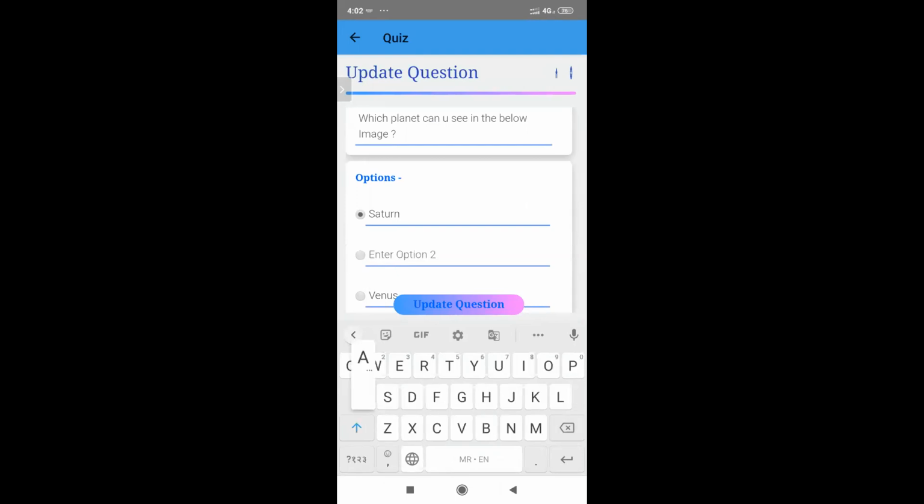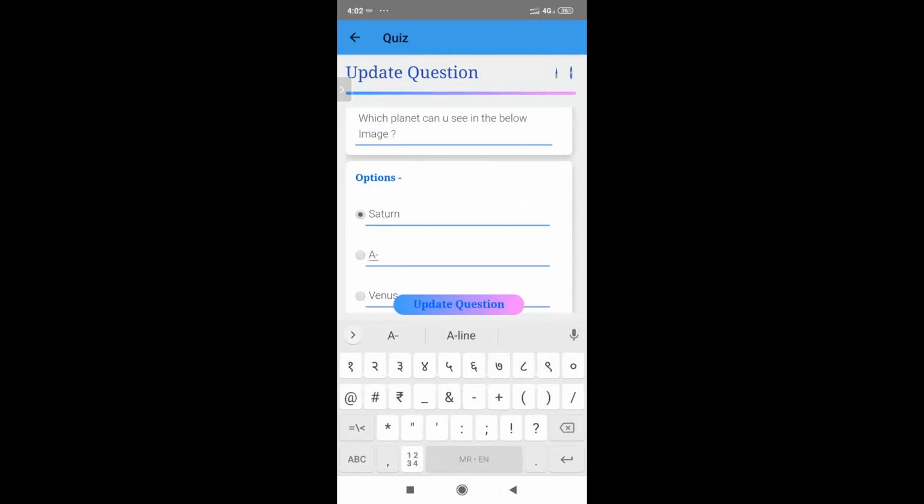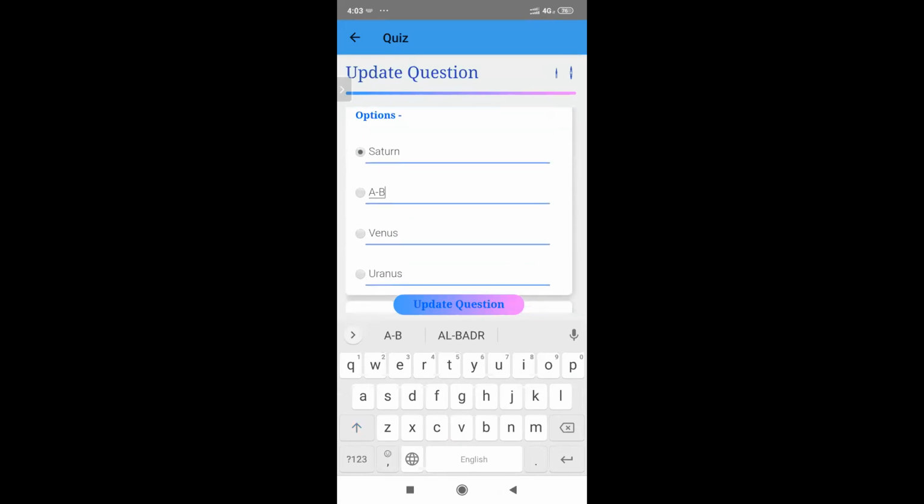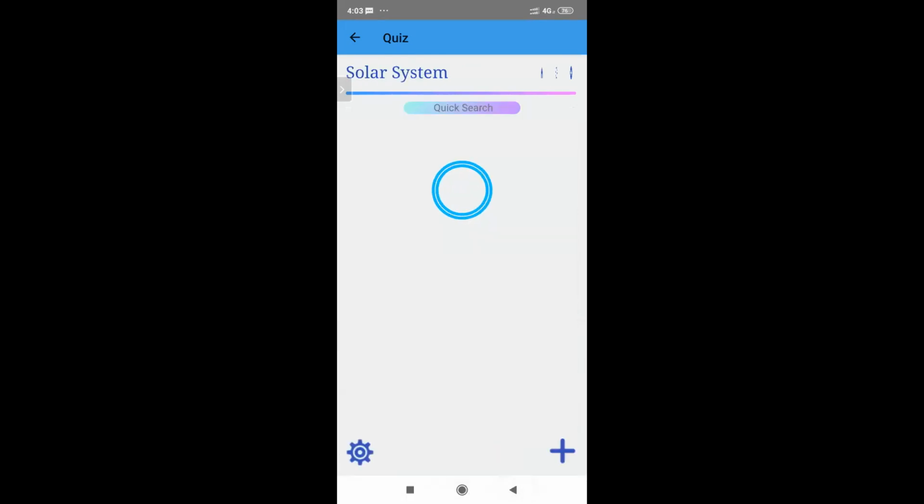That's something I've seen teachers do. So you can give an image of the match the following and the possible pairs in the options, so they can select the correct one. Okay, thank you ma'am. Thank you, sir.